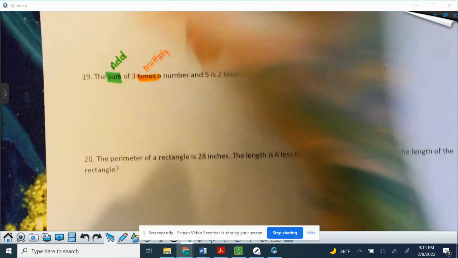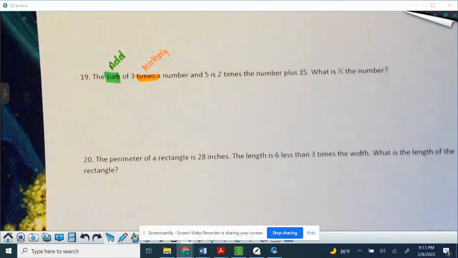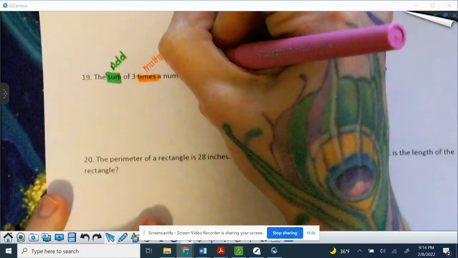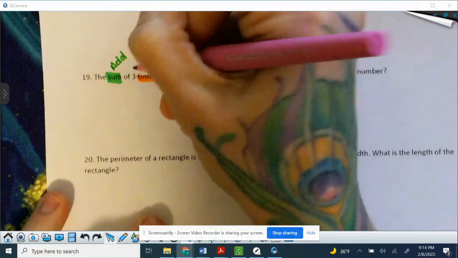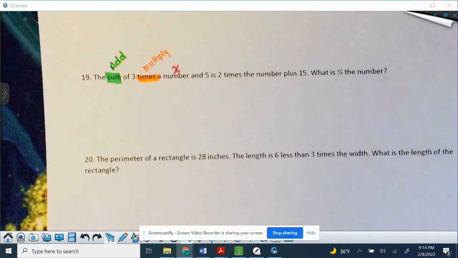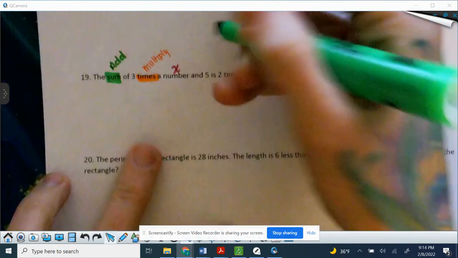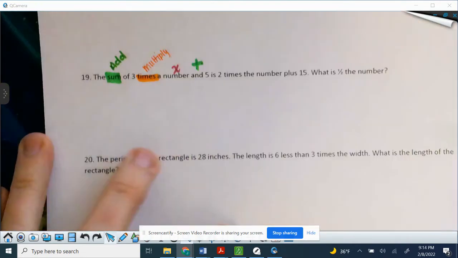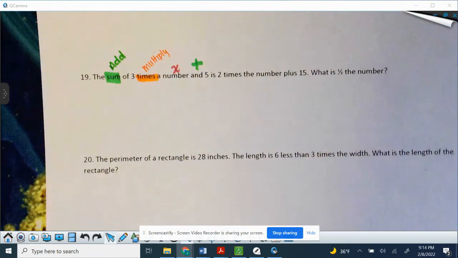A number means we have a number that we don't know. So that's definitely going to be an x. So a number is an x. And 3 is, hopefully you already know that one. And so the sum of 3, that means we're going to add. And that plus mark is going to go where "and" is. So the sum of 3 times a number, so 3x. So that's going to be our 3x